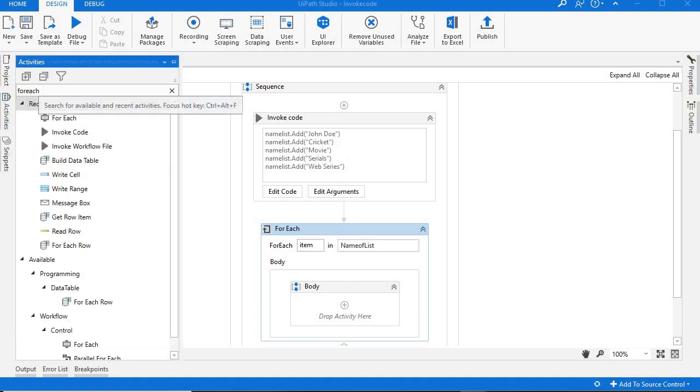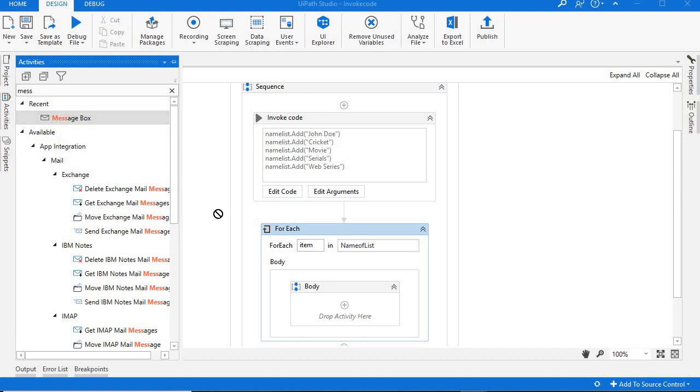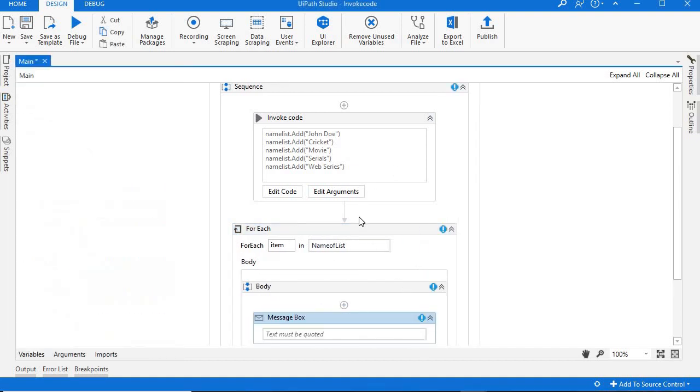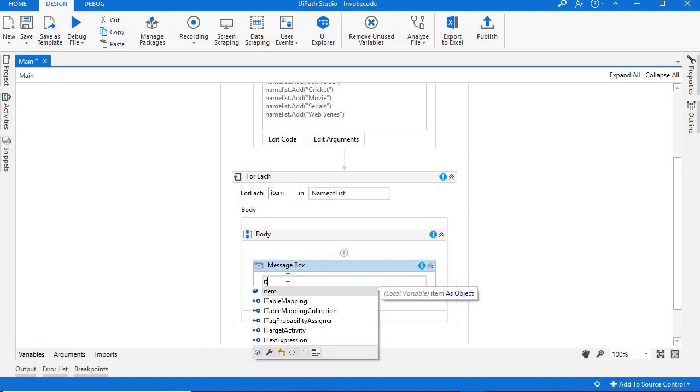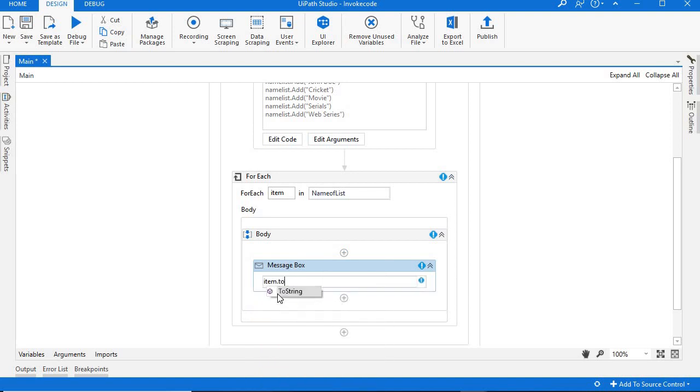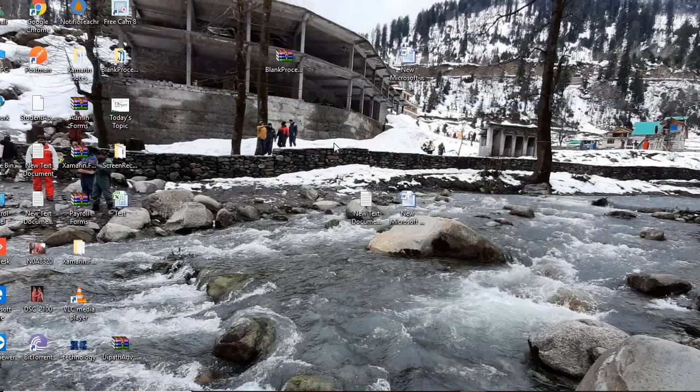Just with the help of a message box, I am showing you the list of names I have added over this invoke code. Running this one. See, the added name is showing here.